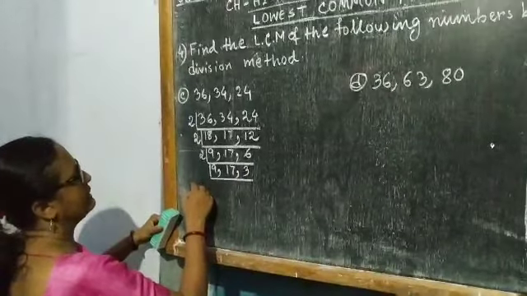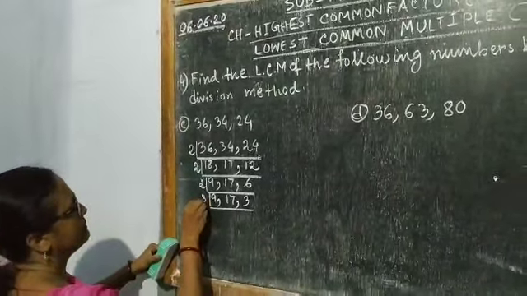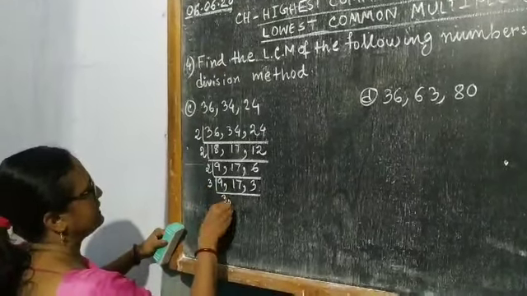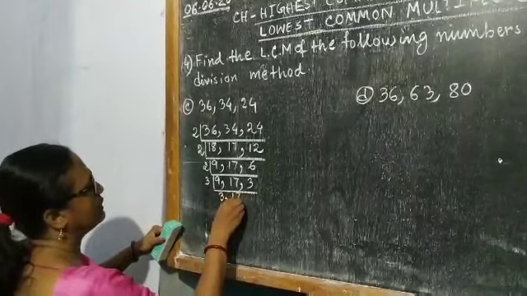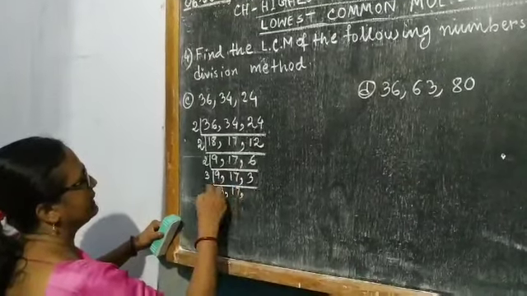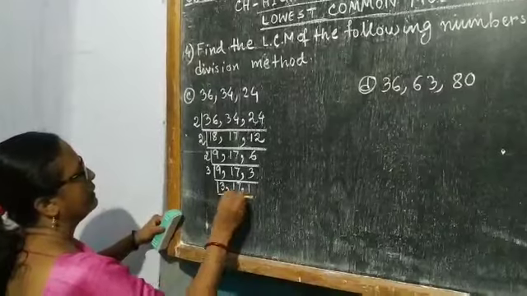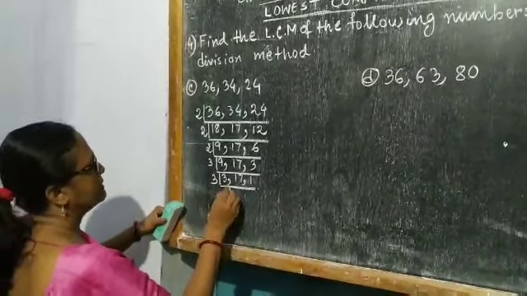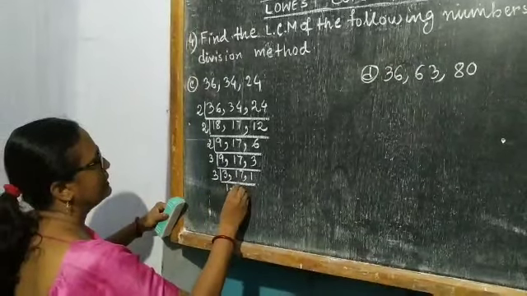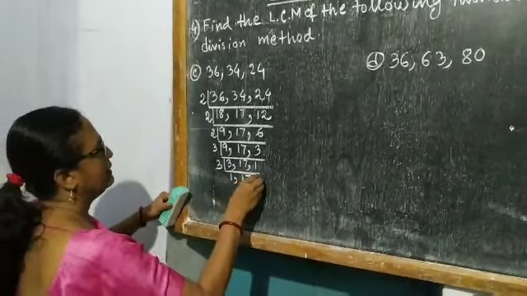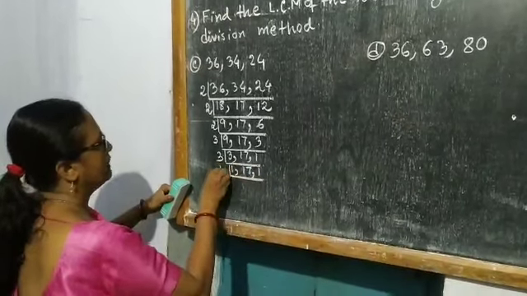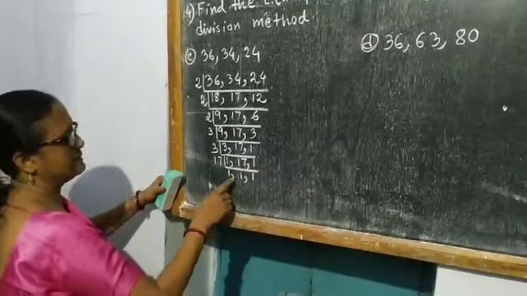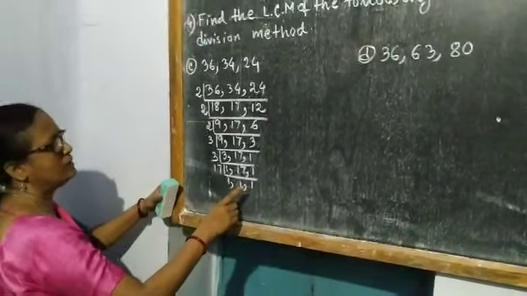So then you try the next prime number, 3. 9 divided by 3 is 3. 17 again is not divisible by 3, so copy it down without dividing. 3 divided by 3 is 1. Again divide by 3. 3 divided by 3 is 1. 17 is not divisible by 3, so copy it down without dividing. 1. Now divide it by 17. So 1, 1, 1. See, all the numbers have quotient 1 in the last row.